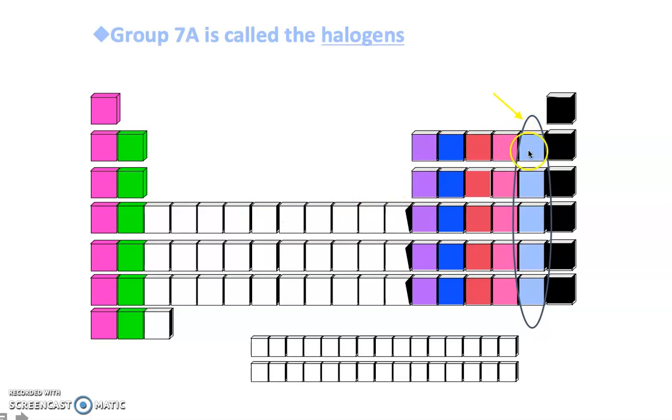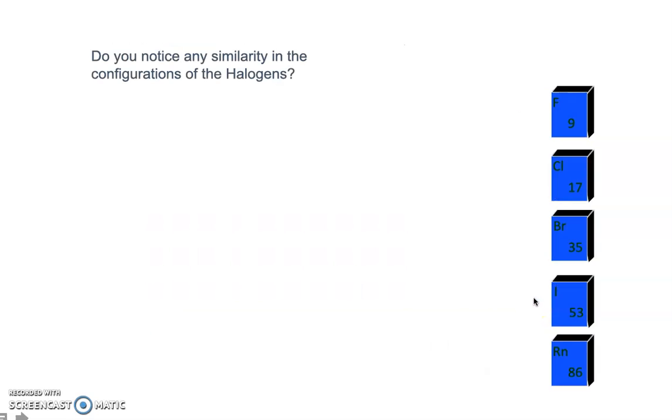So right here, this light blue group is the halogens. From the top you have the strongest all the way down to the weakest. Now, they all